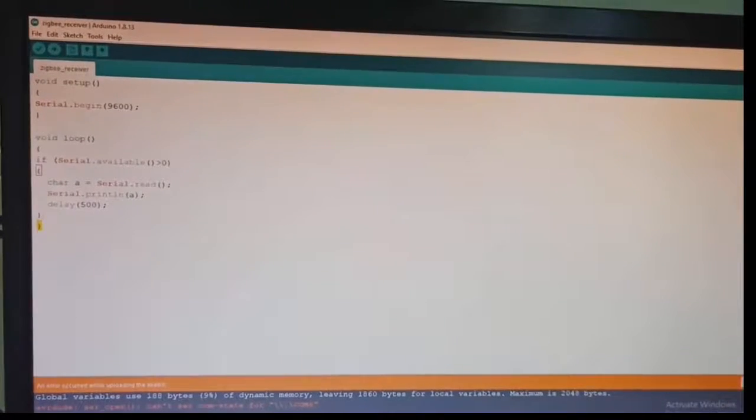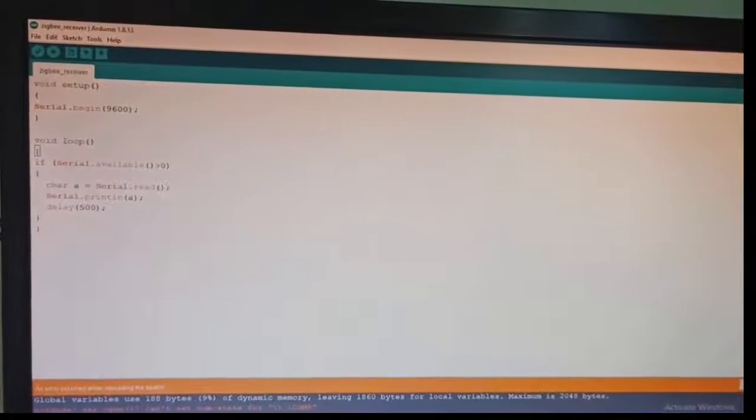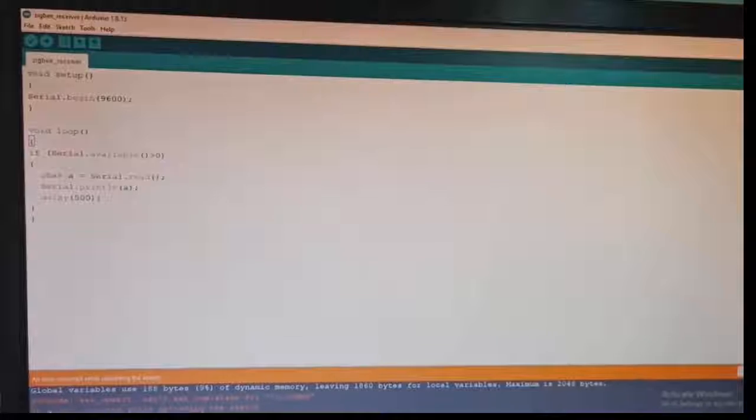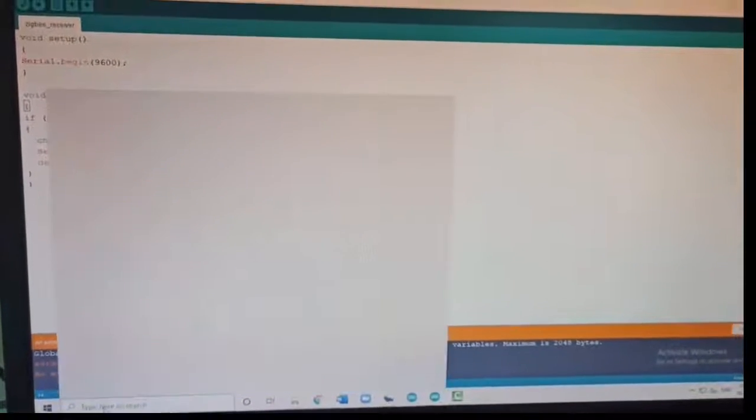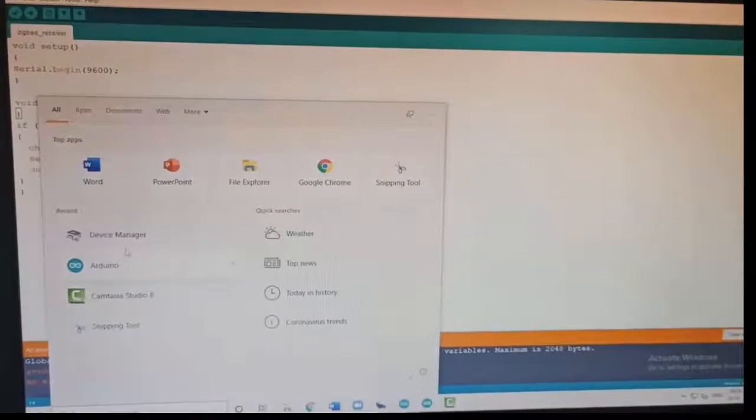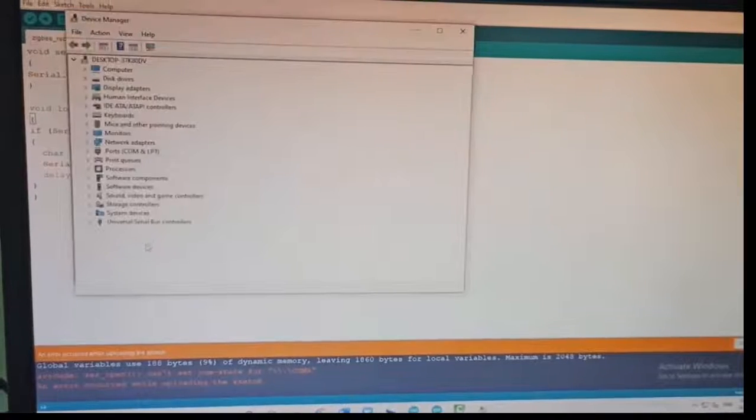It will show some error. If it shows an error, we need to check in the device manager whether the port is correct or not.